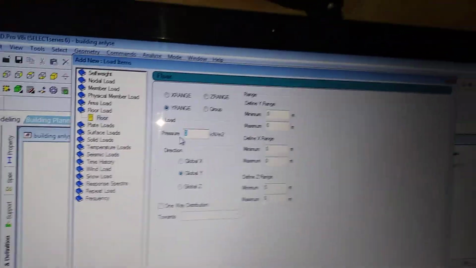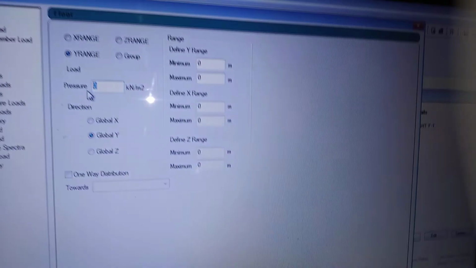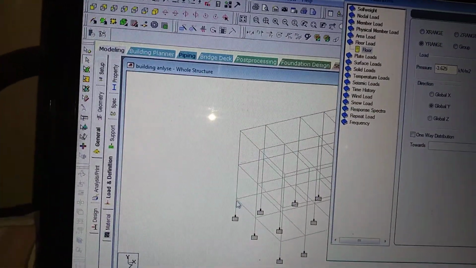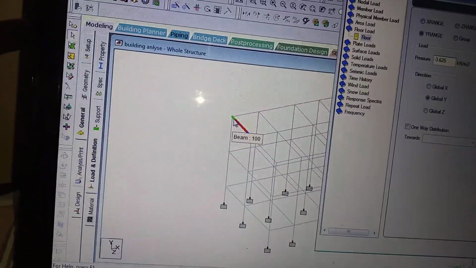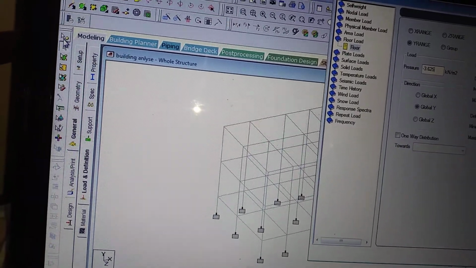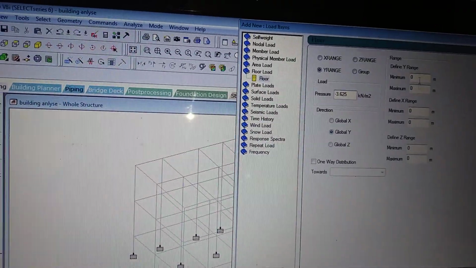So how much is it? 3.625. It is downward, no? So I will enter minus 3.625. See here, from here to here, I will assign the slab loads. So I am mentioning only the Y ranges.